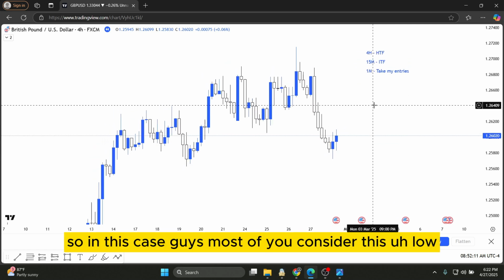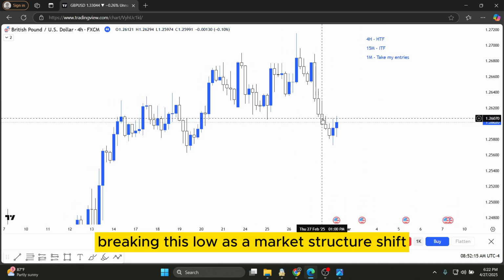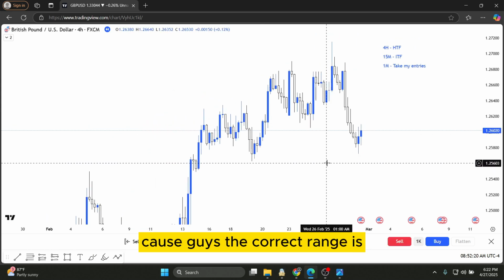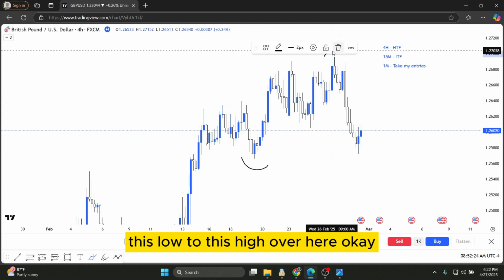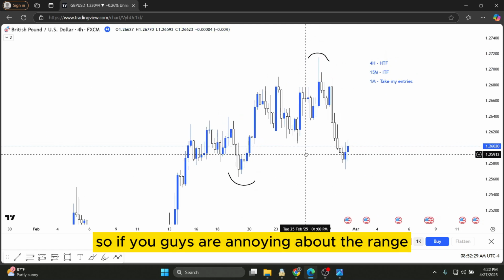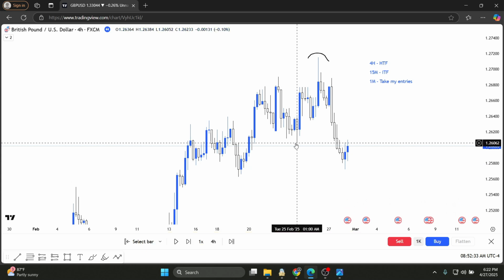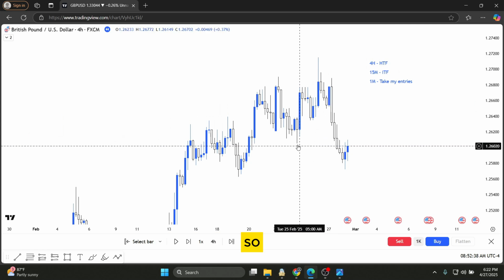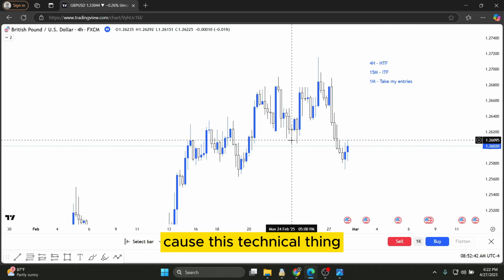So in this case, guys, most of you consider breaking this low as a market structure shift, but the thing is, it's not. Because the correct range is this low to this high over here. If you know about the range, we consider this as a swing low and this as a swing high. So it is all right to take this as a market structure shift,